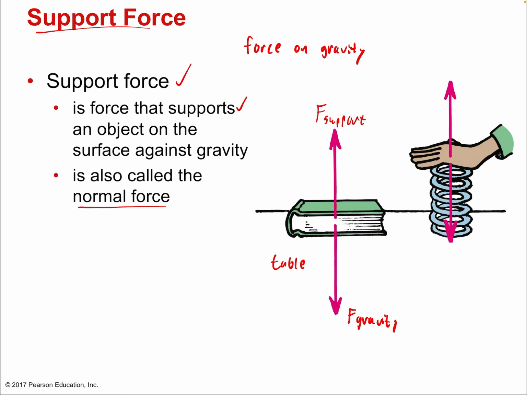And if net force equals 0, which is shown in both these pictures, isn't it? In both the case of the spring and the table, in both cases, doesn't it look like the net force is 0 just based on the length of the arrows, right? Equal length, top and bottom, okay? Well, that means that these objects are in equilibrium. They're at rest and they're staying at rest, okay?